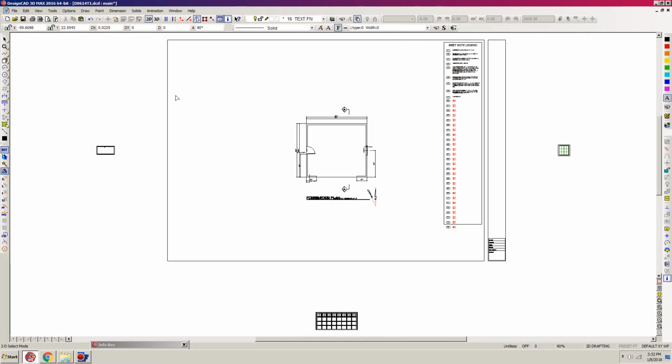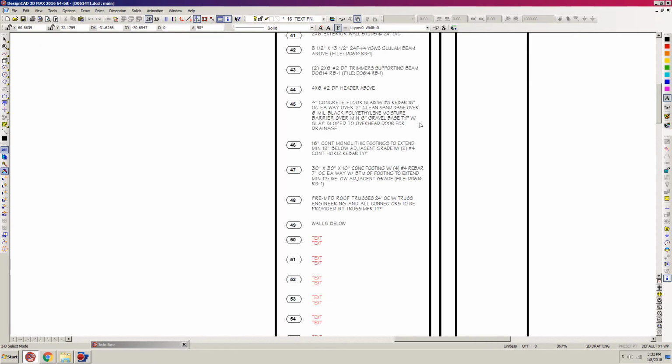I'm going to hit Control W to zoom out and hit Save. So now what we've done is we've entered in these additional sheet notes. Let me just zoom up on this area. But here's something that we've done. These last two sheet notes that we've entered in were still in layer 16. So I'm going to change those because those have to be addressed in the text notes for the roof framing plan. So what I'm going to do is I'm going to select these last two sheet notes,